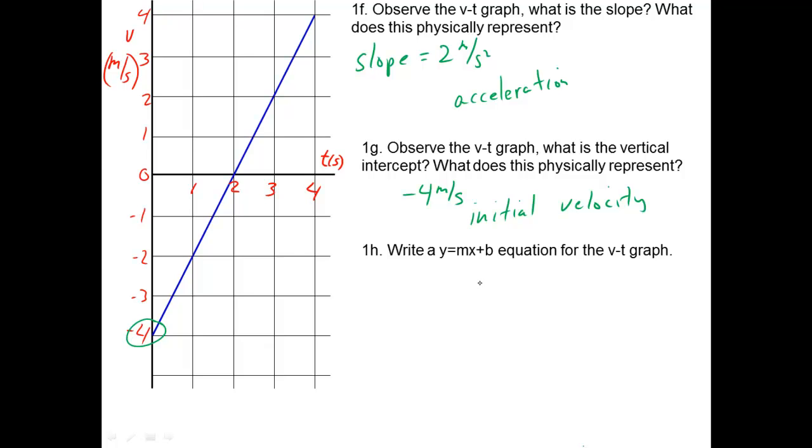1H asks us to write a y equals mx plus b equation for the velocity time graph. Well, instead of y in the vertical, we're now using v. So I'm going to substitute v in this equation. For m, I've got a slope that we said earlier was 2 meters per second squared. My horizontal axis is now replaced with t, and like we said earlier, our vertical intercept is -4 meters per second. That concludes